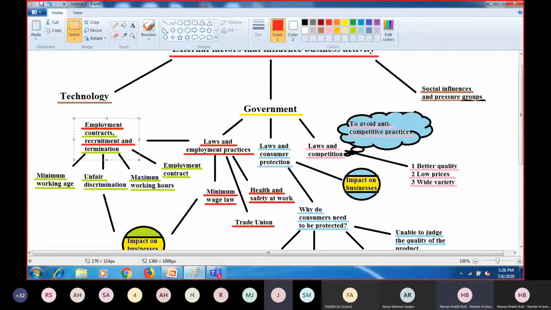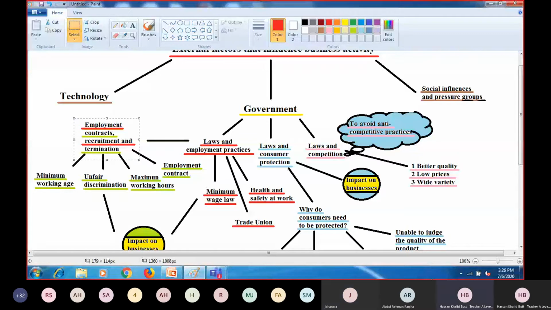Sir, it would be a disadvantage to an employer when you cannot immediately fire the employee. If the company is under circumstances where you have to save money or invest, you cannot immediately fire. You have to give them 1 month payment, then you have to give them the contract, and it is a long process of firing under the legal circumstances of the employment agreement. Okay, very good, Jahara. Great.